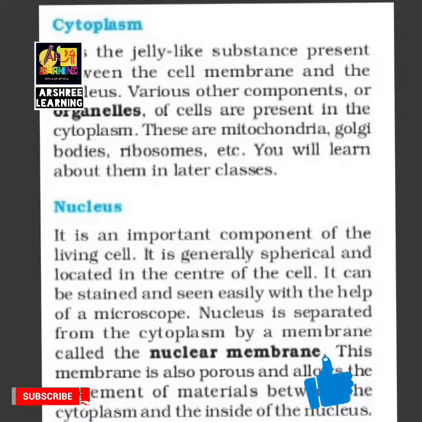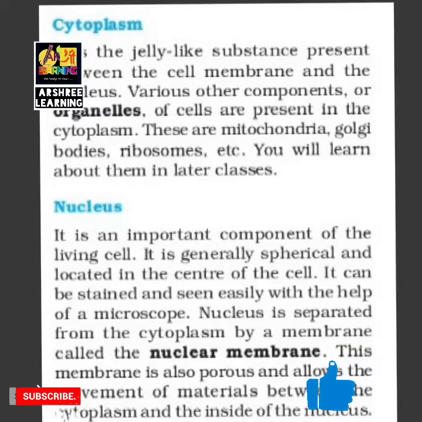In the middle of the cytoplasm there is a nucleus, as we read earlier. It is an important component of the cell. It is generally spherical, round in shape. It can be stained. Stained means when you observe a cell under a microscope, the cell is normally transparent. To be able to see it, it is given a dye. A small color is added to the substance, and then the nucleus gets colored,